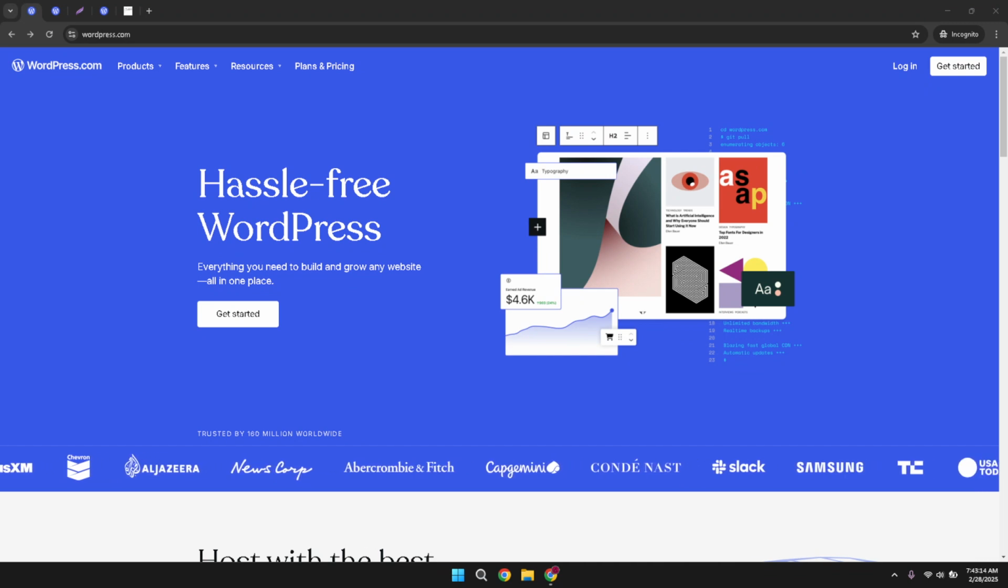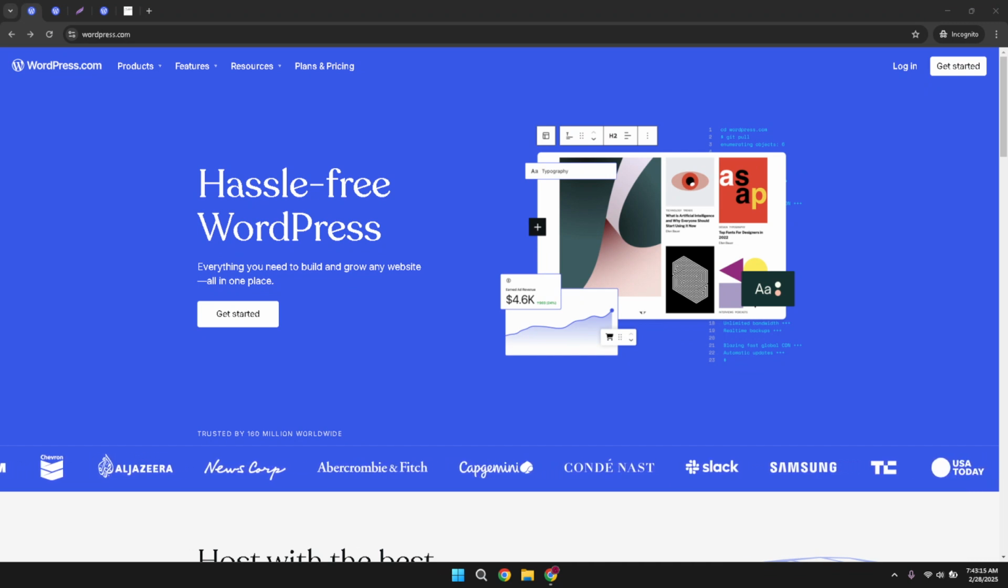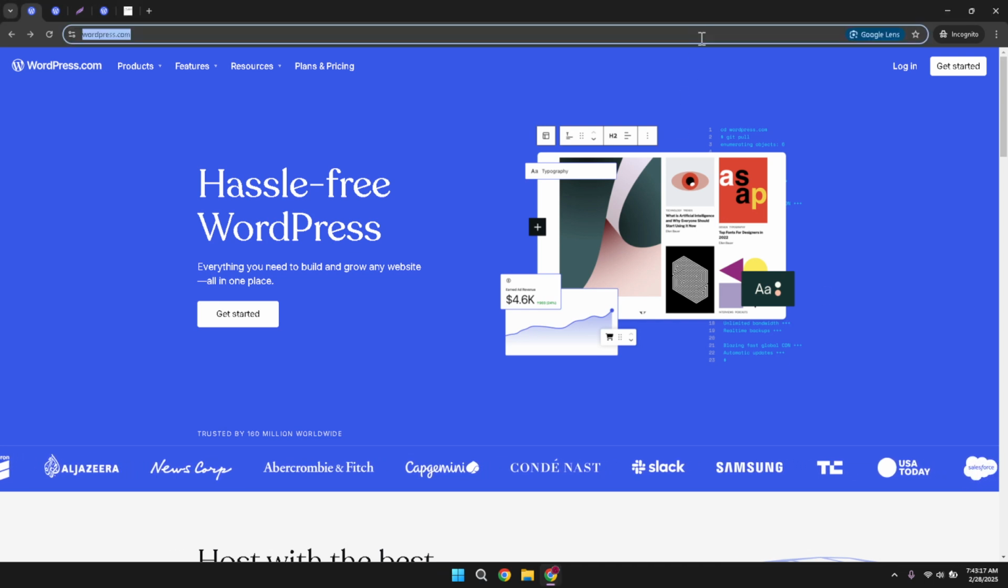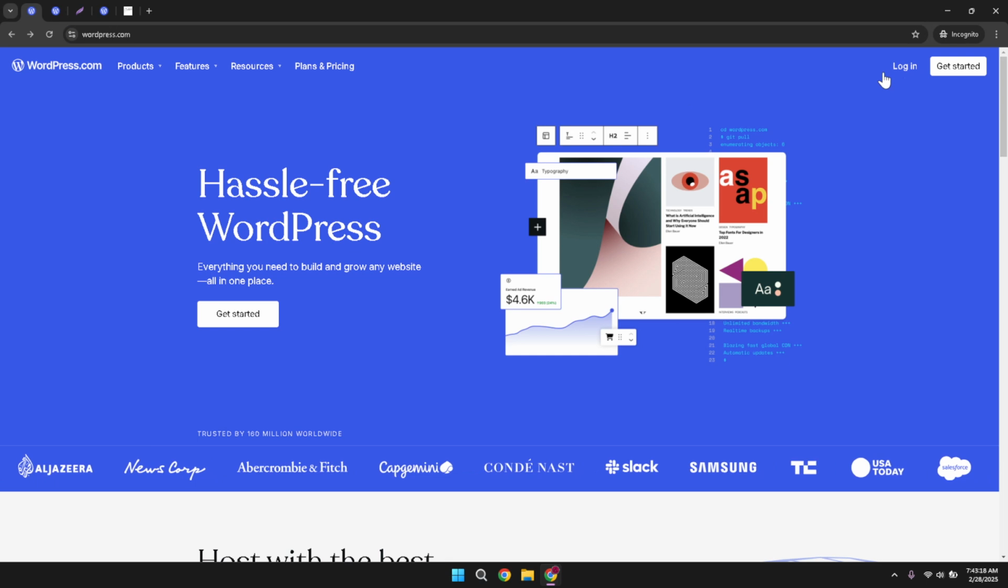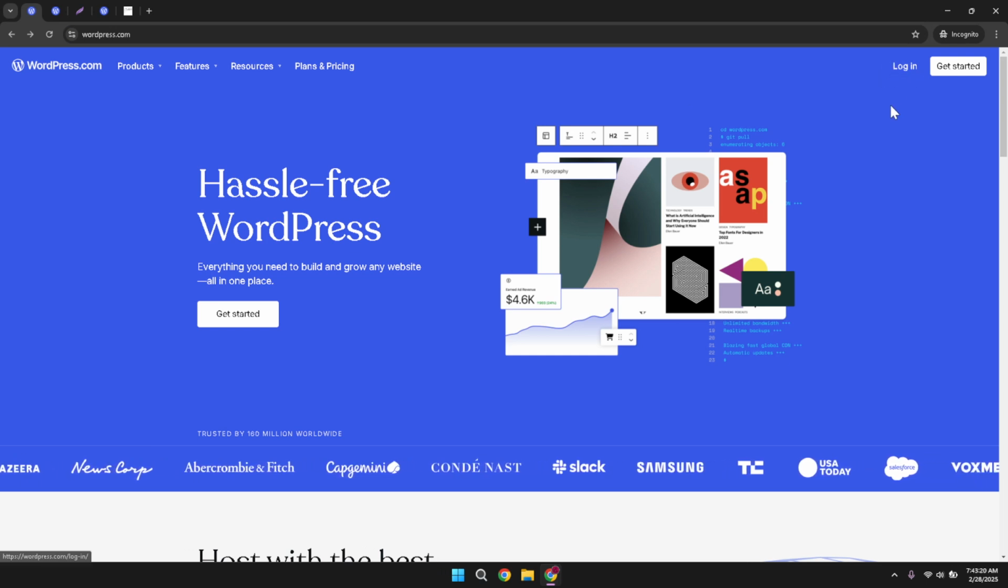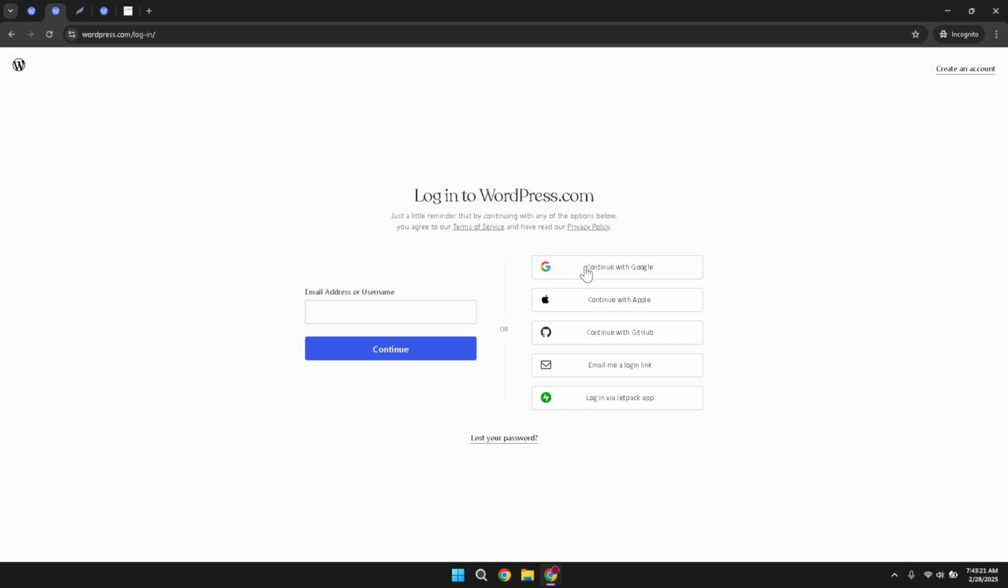Once you're on the homepage, locate the login option. It's typically found at the top right corner of the page. Give it a click and you'll be prompted to enter your access details, but don't worry, it's quick and easy. The next step is to click on the option that says continue with Google. This is a one-click solution that uses your Google account login information to access WordPress, making things both convenient and